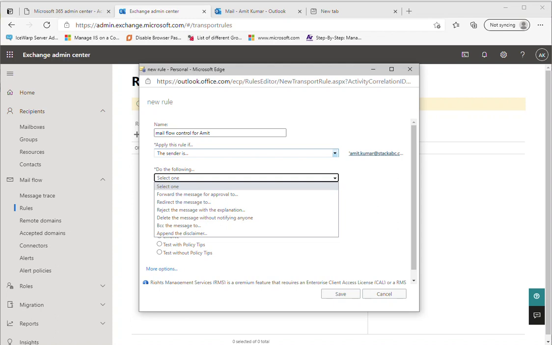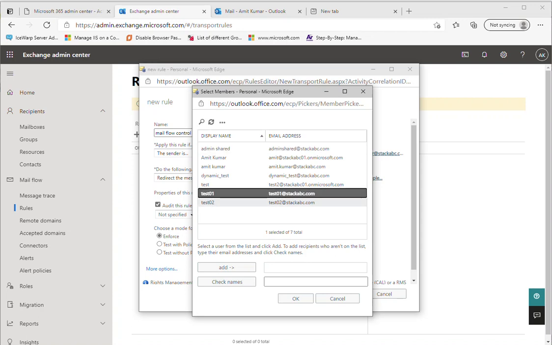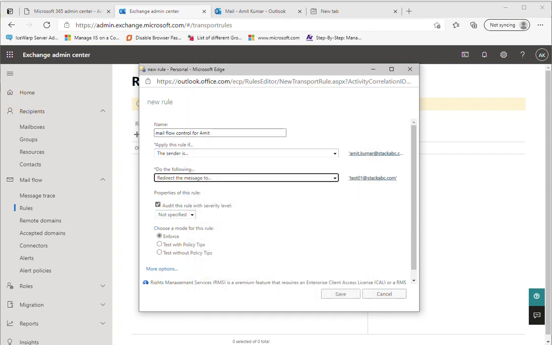If the condition is met, do the following. What actions will be taken? Like we just want to redirect the messages to someone else, like test01, and I will click on add, and you need to select the OK button.